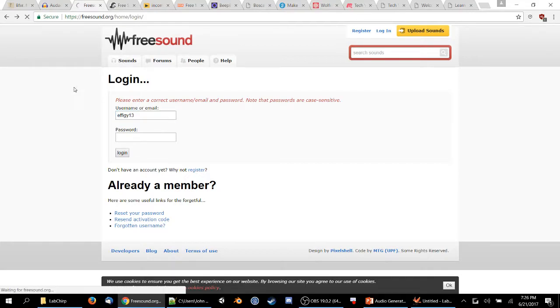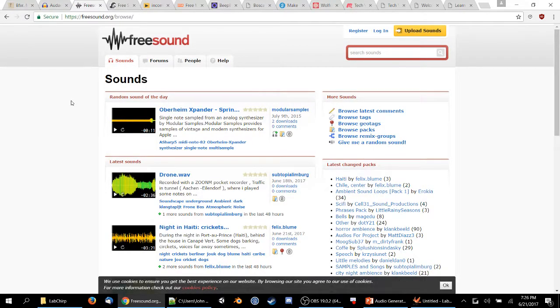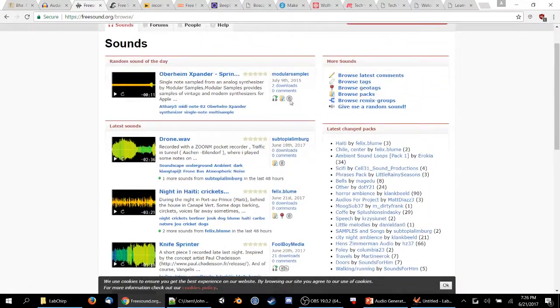On Freesound you can't download sounds unless you're a member. You log in. It's free. You don't have to actually pay anything. I think they're trying to track who's downloading what. For example, with this sound that somebody has uploaded, people basically create their own sounds and then they upload them.